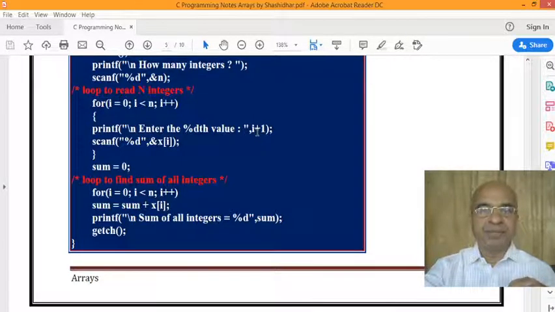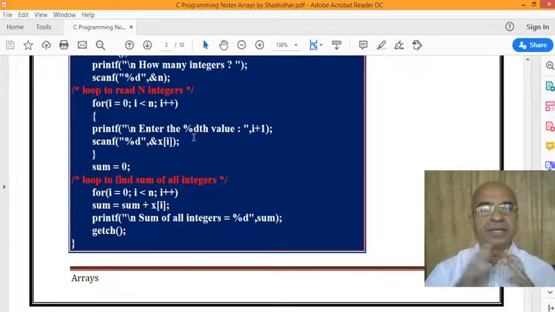Then scanf("%d", &x[i]). This is the block of statements to be repeated, the loop to read n integers.